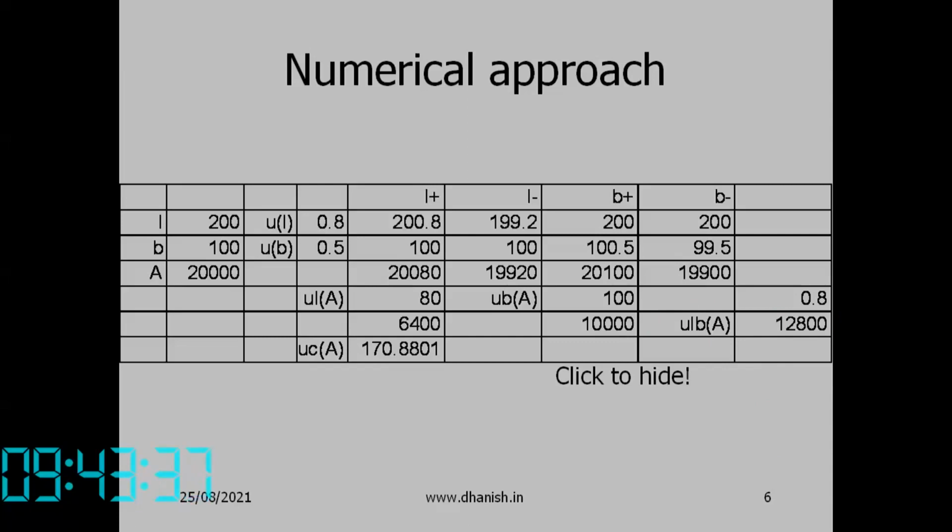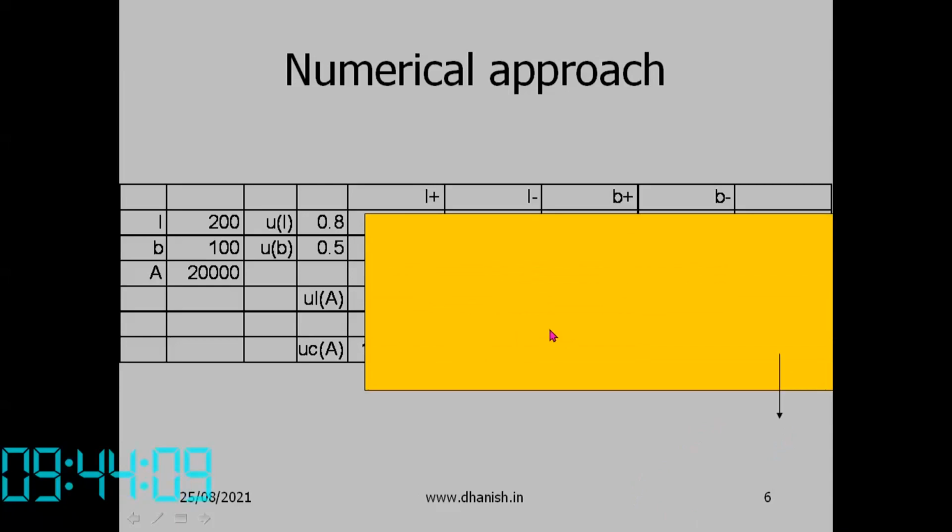For example, in a coordinate measuring machine, when some temperature change happens, the CMM distorts, and many of the measurements will become correlated, or the axes will become correlated. So how do you determine that? That is an area of research, how to take that into account. Okay, so this is the numerical approach. In both approaches we can consider correlations also. There is no difficulty.